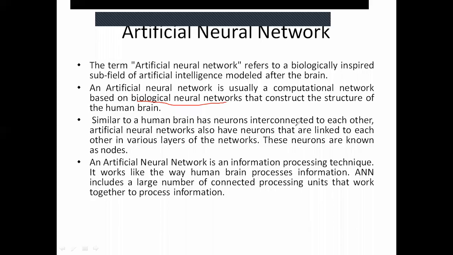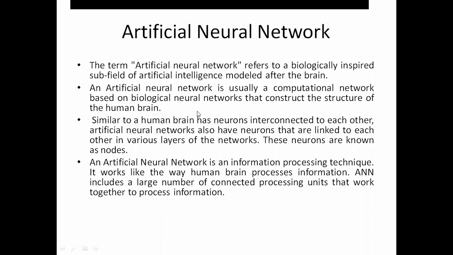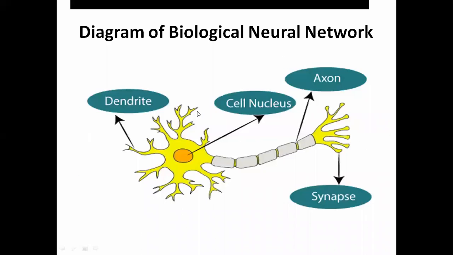The way our brain processes information, the artificial neural network will also process information. Which information? The data set that we are giving to it. It will process that information and give you the output. For example, if you want to classify something, it will tell you whether a particular person has a heart disease or not. First, I will come to this later, what is the structure of a particular neuron?